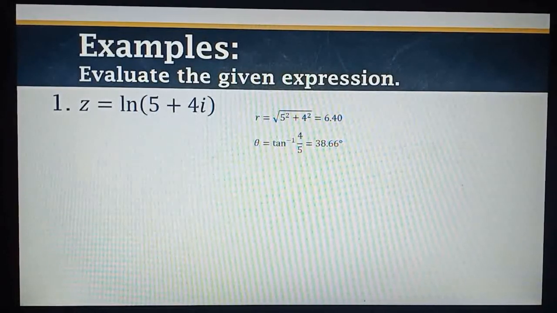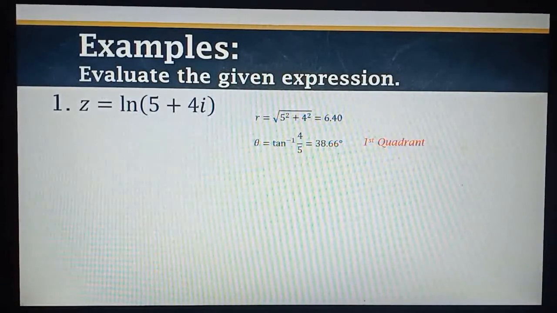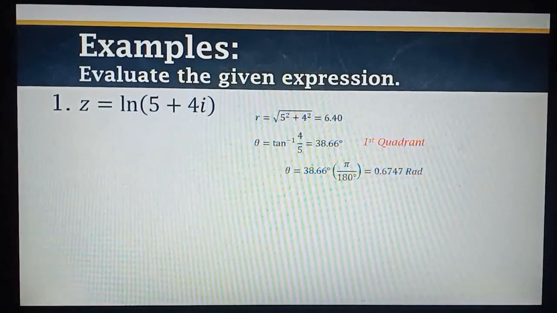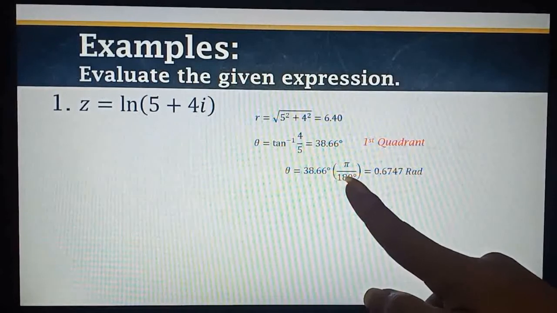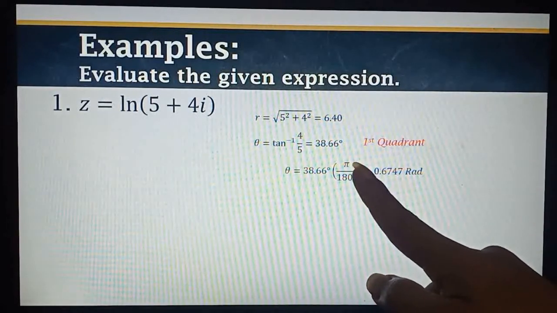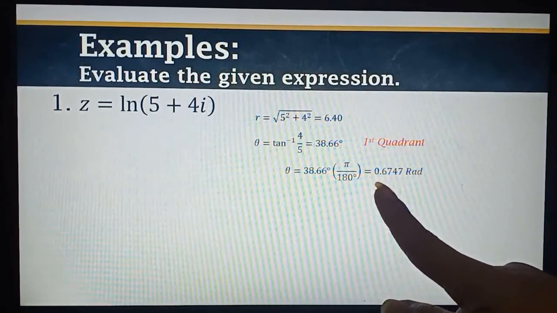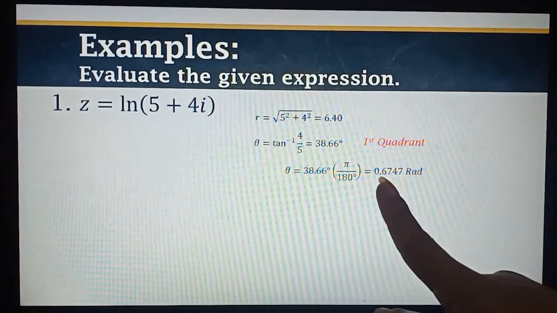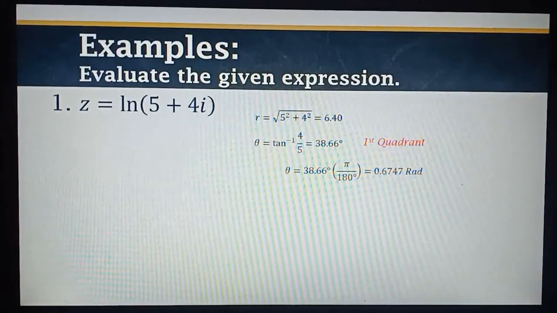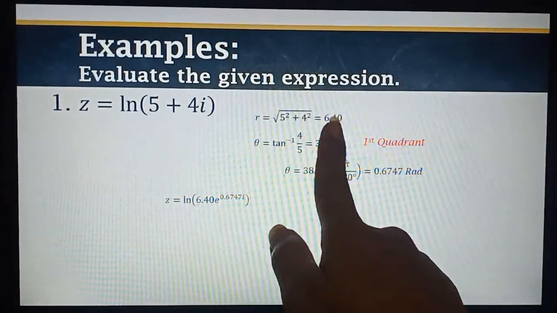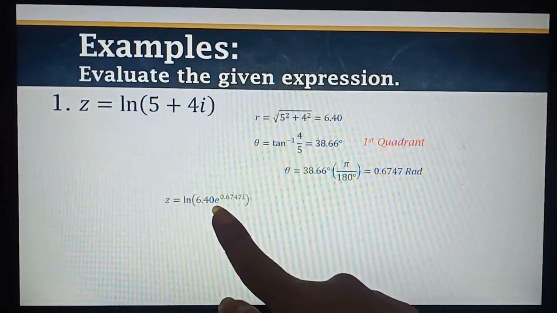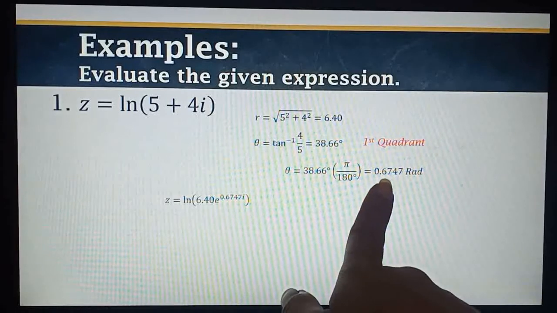Then our theta is arctan of 4 over 5, which is 38.66, located in the first quadrant. So all we need to do is convert the 38.66 into radians by multiplying by pi over 180. So the equivalent radian angle is 0.6747 rad. So our exponential form is the r, which is 6.4, multiplied by e raised to the theta, which is